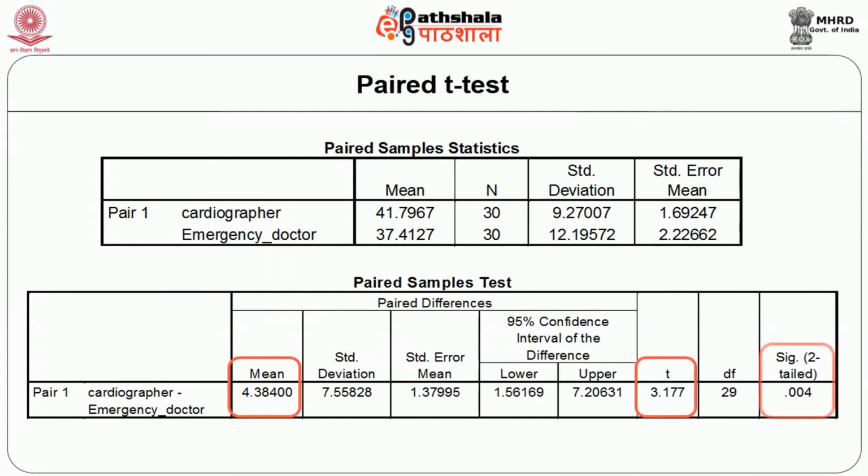3.177, which is significant at 0.004, that means which is highly significant. Therefore, out of 1000, if at all you repeat it 1000 times, the interpretation is that only 4 times we may get a wrong answer by chance. Otherwise, there is a clear-cut significant difference between the two experts, which is shown in the table in the slide.